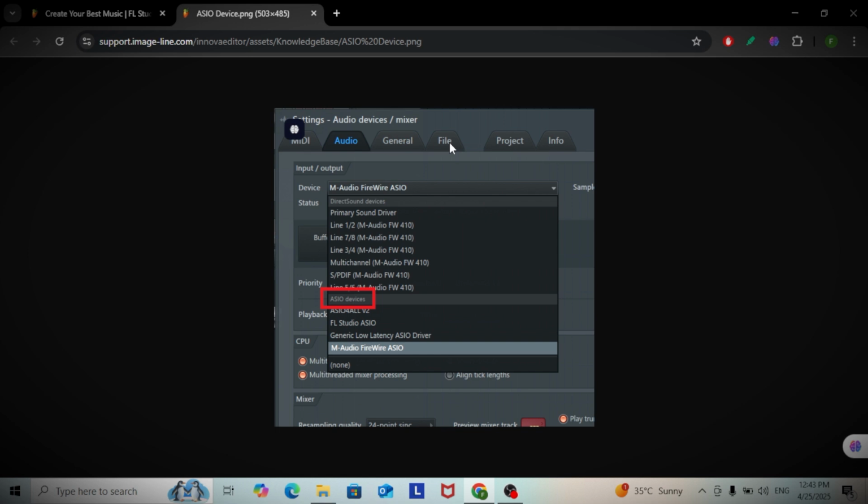Next, you can start exploring various features such as the mixer, playlist, and piano roll. Adjusting the buffer size might help reduce latency when using external instruments or plugins. To create your music, simply drag and drop sounds into the playlist, use the piano roll for melodies, and customize